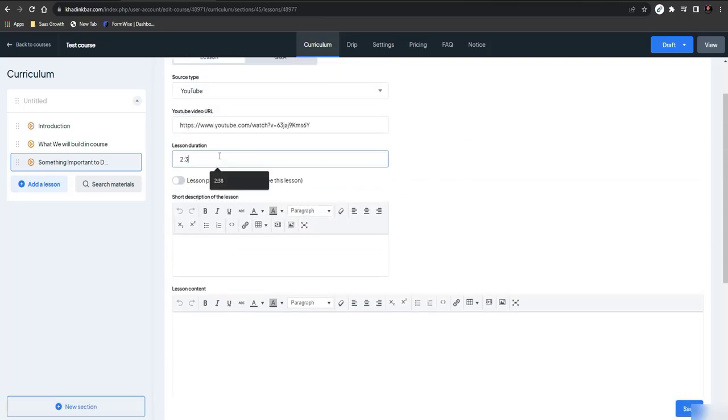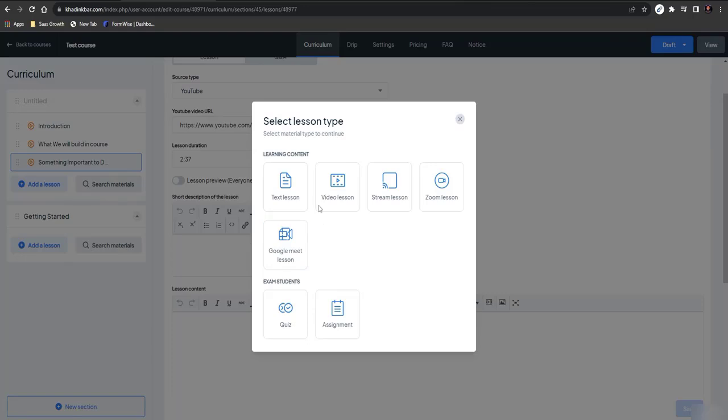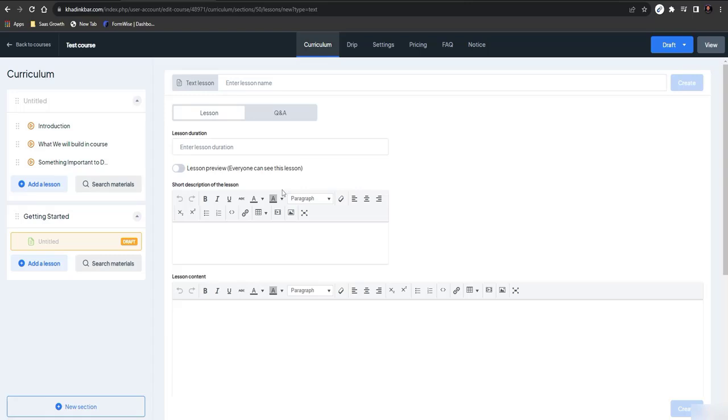So what I'll do is, let's make it 347, I guess. Yeah, so I'll add a new section here. I'll save this, and a new section would be added after saving the previous one, and here I will name it as getting started. And let's say now we want to add a new lesson, which is a text lesson. So I'll hit text lesson. Here I would add the name,